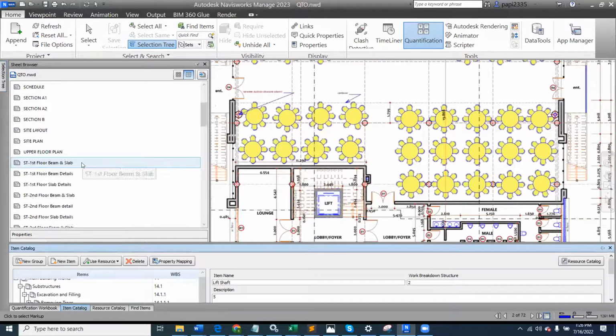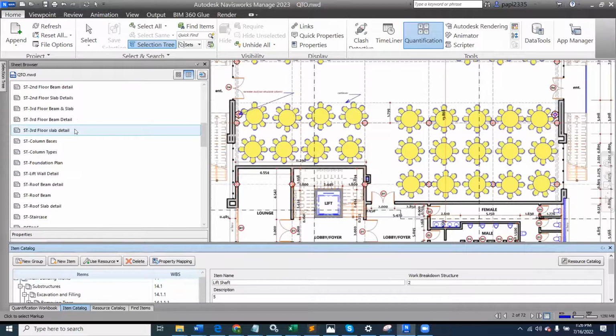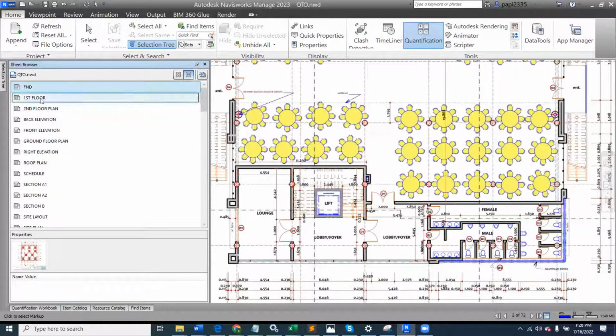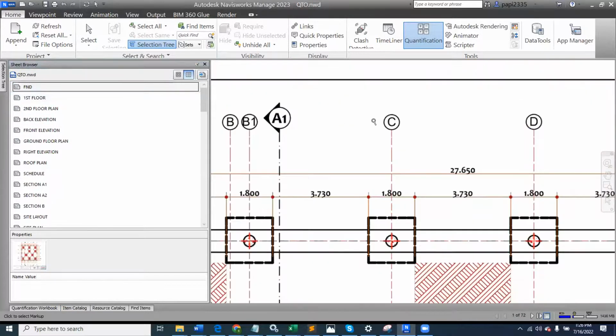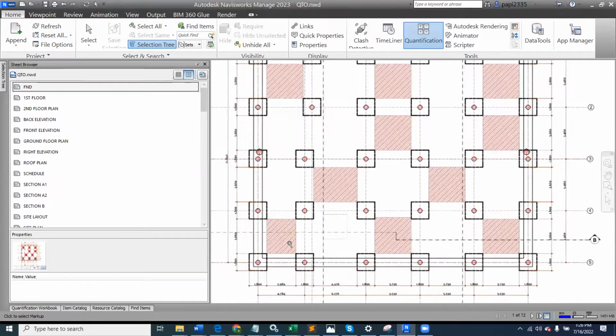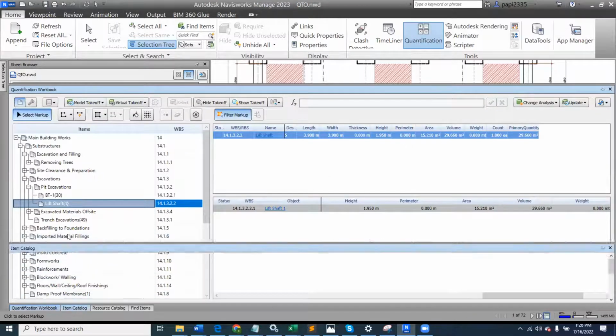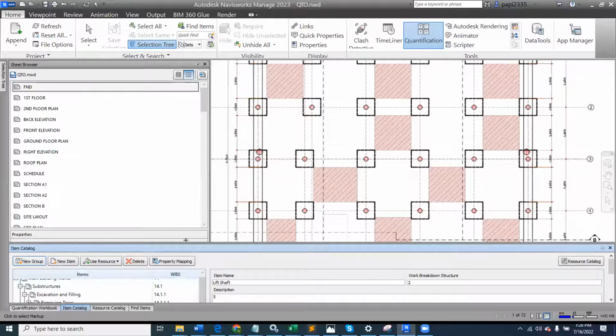If I open the application to the ground floor, foundation plan, you should be able to see this takeoff that I'm showing under my foundation. So this is the kind of foundation that we had on that job. Somewhere here we have the lift at the center. But all those takeoffs were taken into account, all those things that we're talking about now. So when we are doing the takeoff for the different pits,